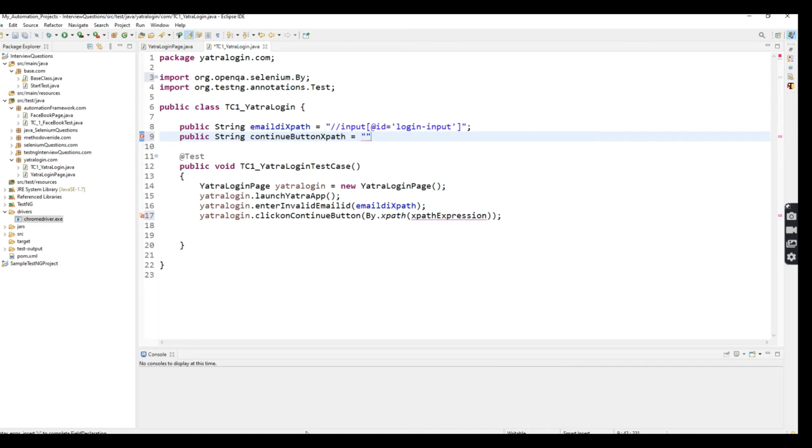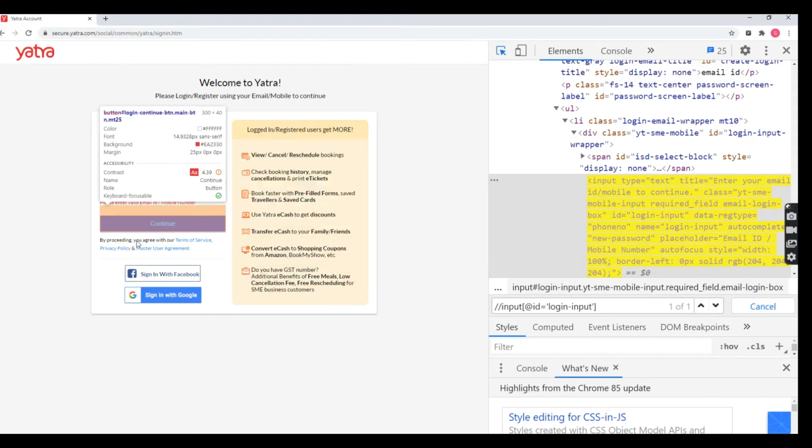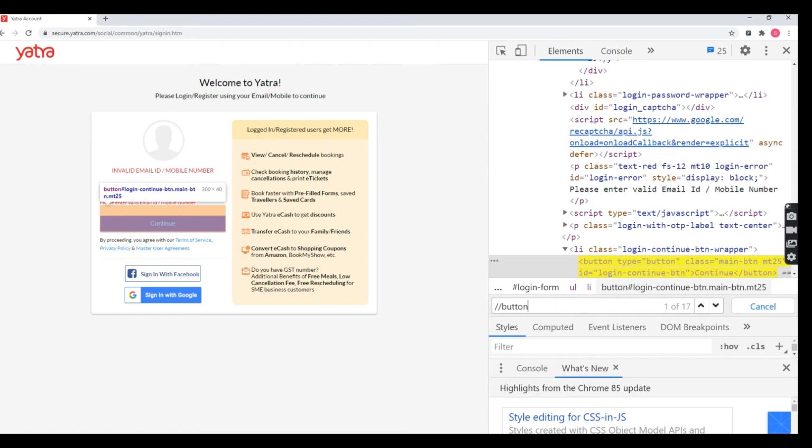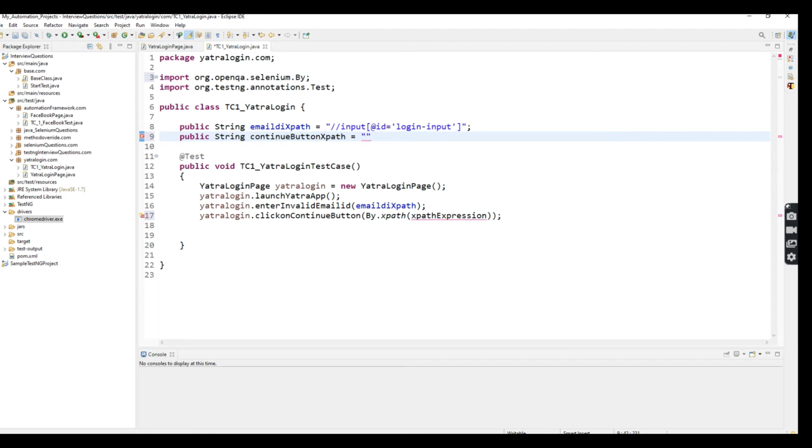Here I'm going to take the XPath for this continue button, button tag, id code. So this is the XPath for the continue button. I'm going to store it under this continue button XPath string, and pass the string variable here.